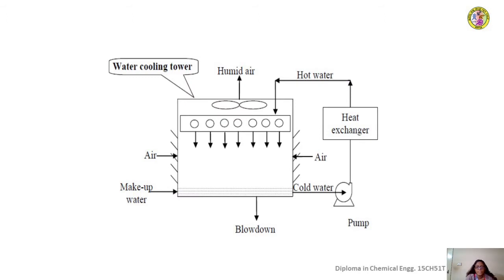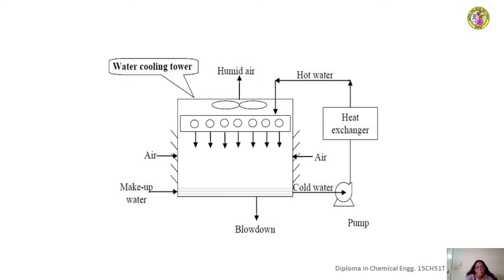So this figure shows the general structure of a cooling tower. The cooling tower is basically a tall tower that consists of some kind of arrangement inside, which is suitable or necessary for bringing air into contact with water. The water coming out of a heat exchanger will be fed to the cooling tower from the top, from where it is distributed evenly through the entire cross section of the tower by means of a distribution system, and this water then drops to the bottom in the form of droplets. At the same time, the air is circulated through the tower by maintaining a draft of air.